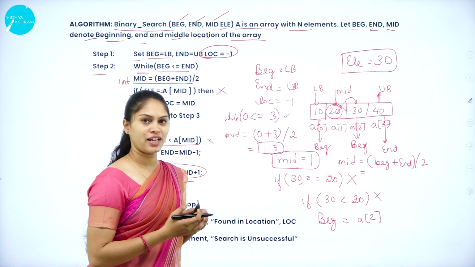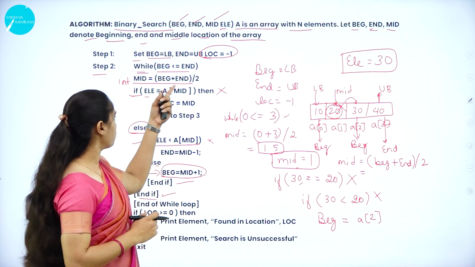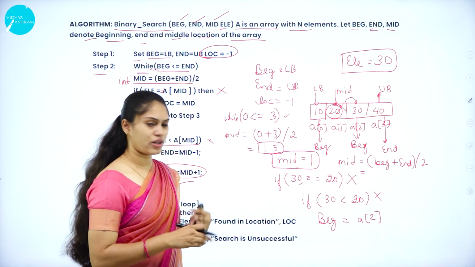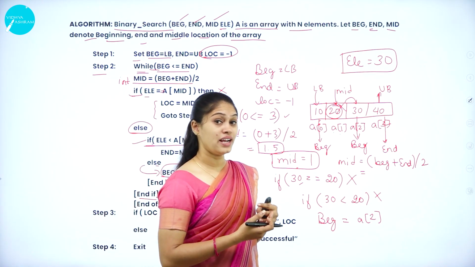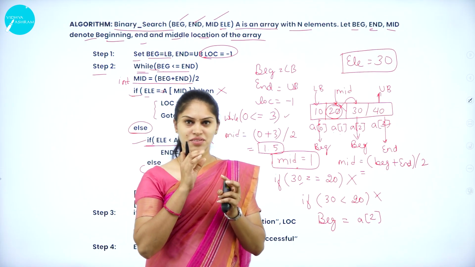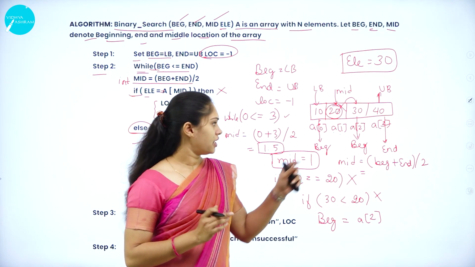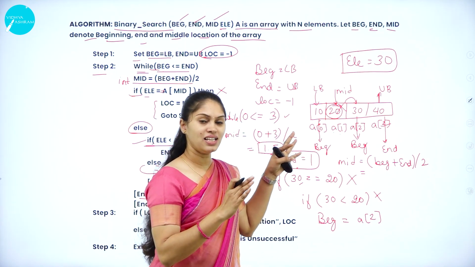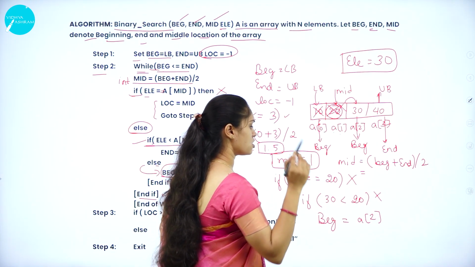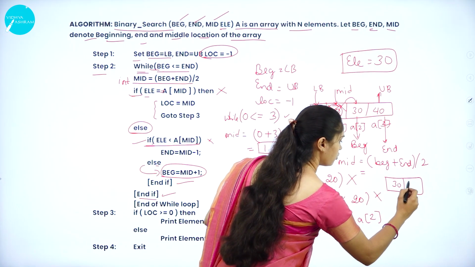The while loop will come out only when the while condition becomes false. But I have one more iteration. As of now, what do you have to understand? I'm searching for an element called 30 that is not exactly in the middle. At that time, I'm just going to leave these two elements. So, as of now, I have only 30 and 40.